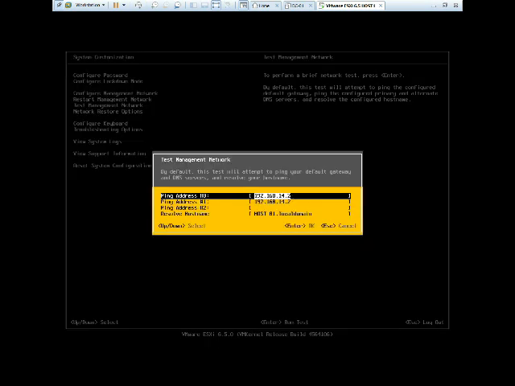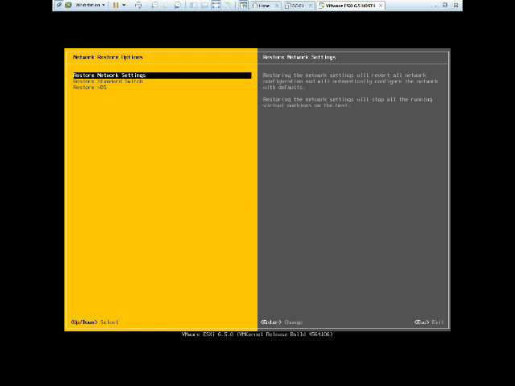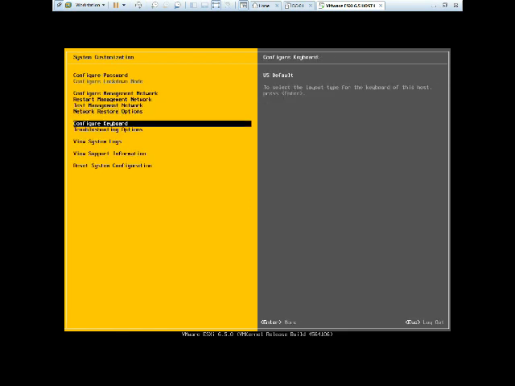Test management network, this is also a very good tool. With the help of this, you can see whether your server is up or not. I mean, you can see whether you are able to ping another server, or a server in another VLAN or within the VLAN. You enter the IP address you want to ping, and then click OK. It will show you the result. If the ping is successful, then your server is up. If not, then you need to check your network properties. I will look at this option later on, and will not focus on it here.